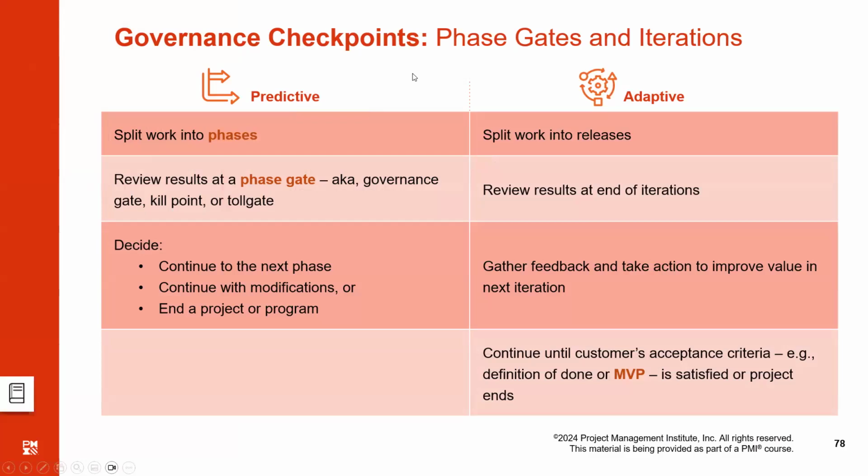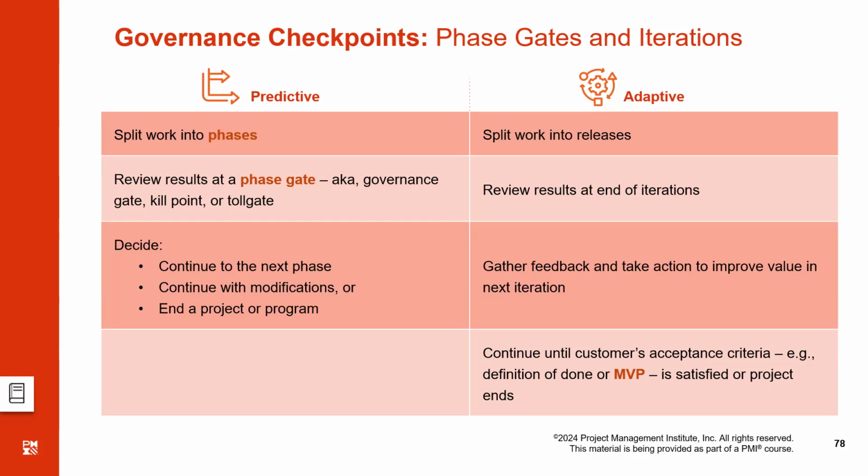So what are the governance checkpoints for both kinds of cases? In predictive, we have split our project into phases, or in the UK people call them stages, right? So this is one and the same thing. They're not two different things. They call them stages in the UK, and in America they call them phases. So split work into phases,